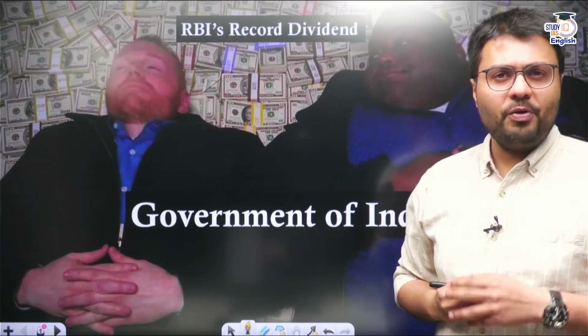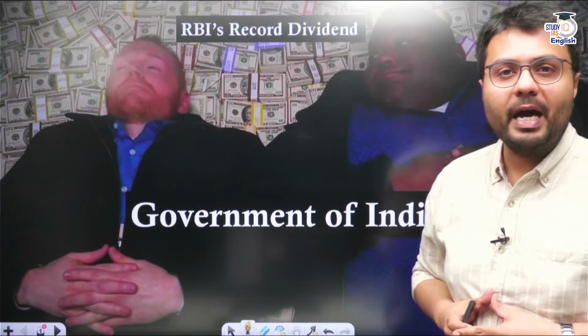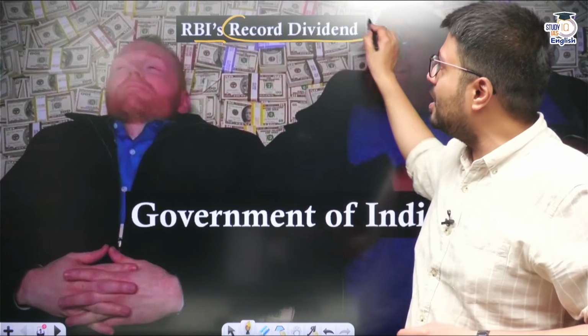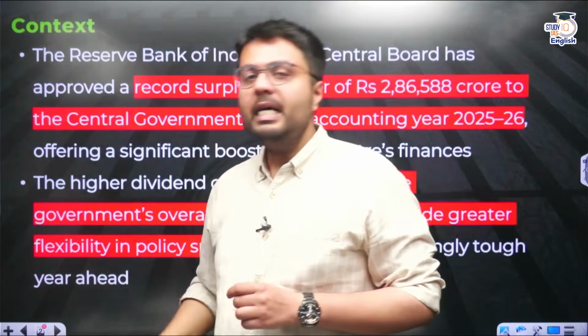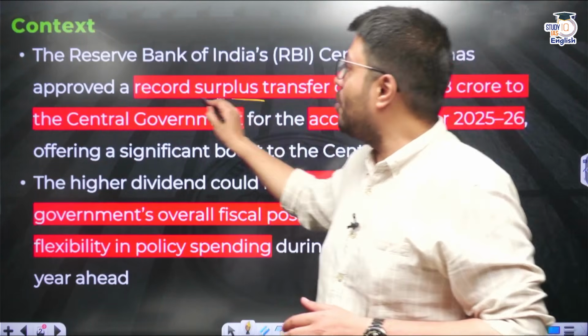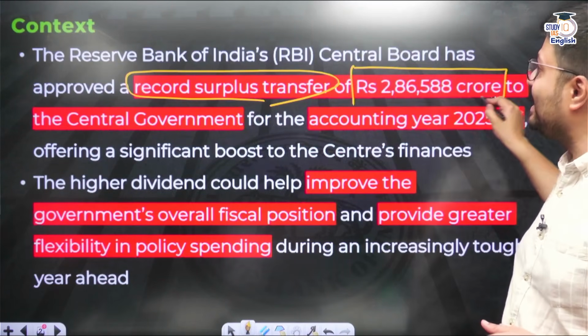In today's video, we'll try to understand why the Government of India is lying on this pile of cash which has been provided to it by the RBI after it announced a record dividend to the Government of India this year. The reason we picked this article for today's discussion is that last week, the Central Board of RBI announced a record surplus transfer of its profit, akin to 2.86 lakh crore rupees,